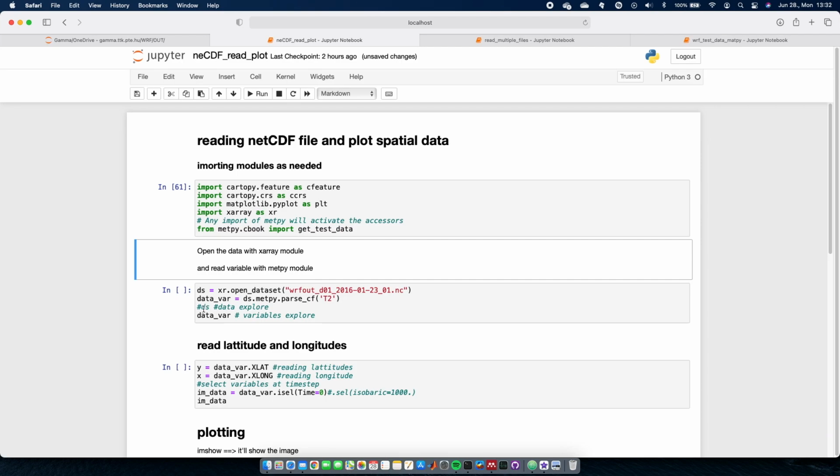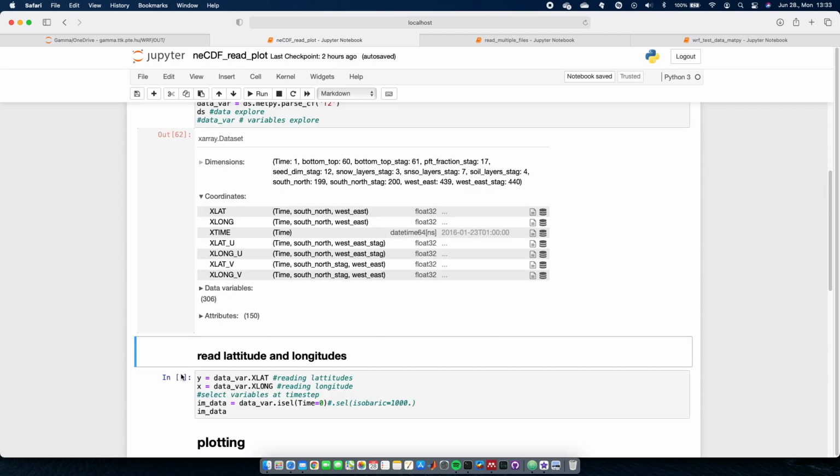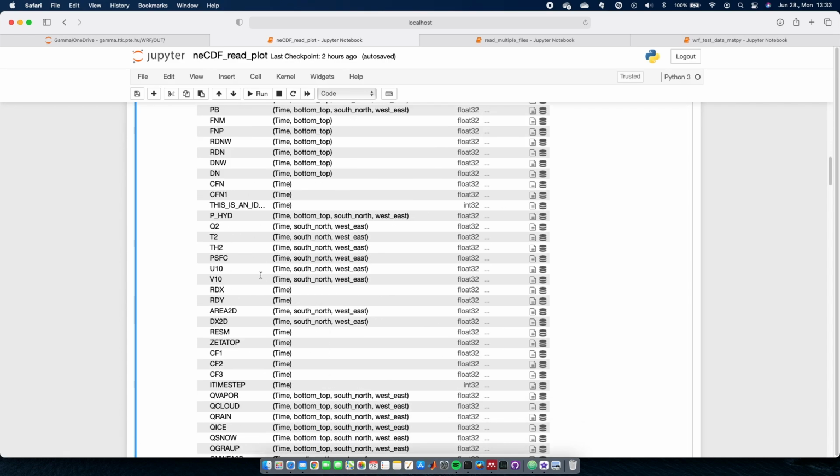So we will see the dataset here, the complete data, how it looks like. We will run it. Here is my data, my WRF output file, and you can see the latitude, longitude and time scale. And this is the time step. It is one time step. If you have multiple time steps, it will also give an array format. And these are my variables.